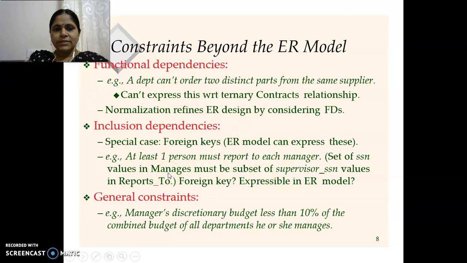Then we can consider certain special dependencies also in the ER diagram. Such cases also cannot be covered in the ER model. There may also be some general constraints like manager's discretionary budget less than 10% of the combined budget of all departments he or she manages. Such types of requirements also cannot be represented by means of the ER diagrams. In such cases, we will be using better representations. So functional dependencies we will be using, and some other representations also we will go for while designing the ER